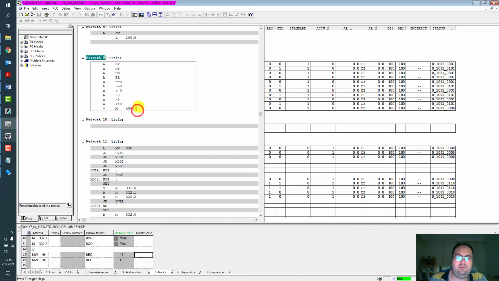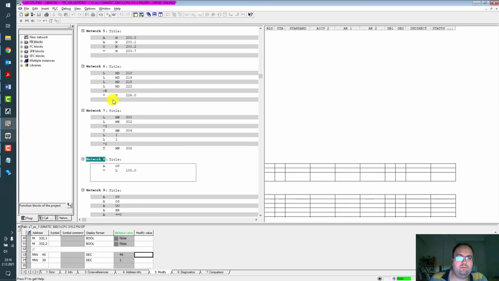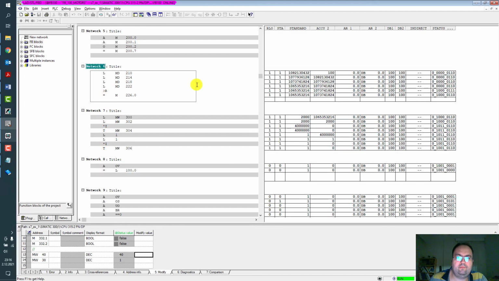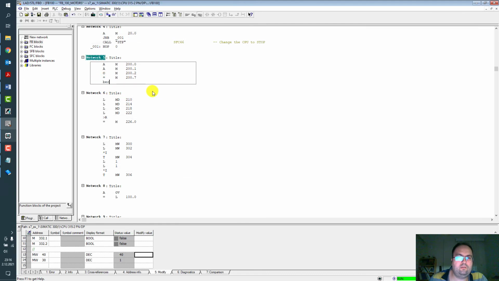For instance, here, or here, let's say block end conditional.